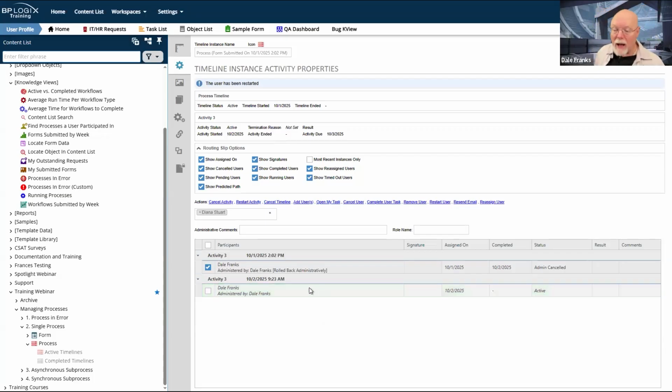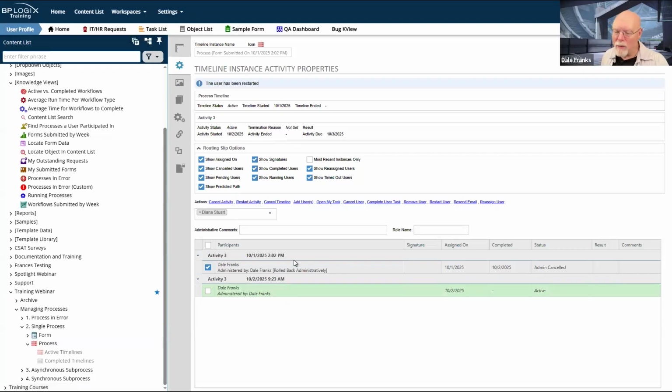And if it is not, then you can take that old activity where, like in this case, it was rolled back, and you can simply remove that user. Now, I am afraid to hit remove user because I'm the user, and I think since I'm both the active and the old user, I'm afraid it'll remove me again, which we've already seen happen, but that's fine.